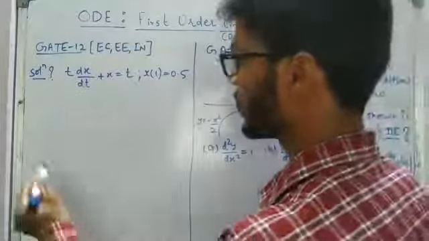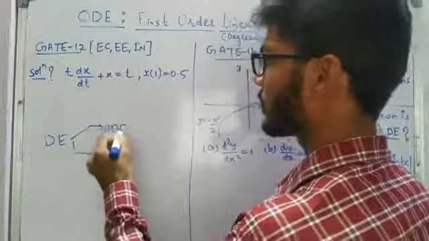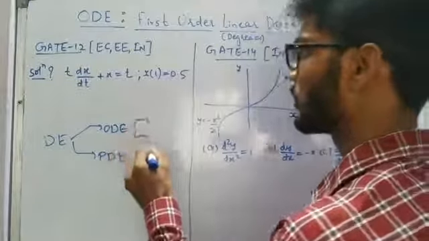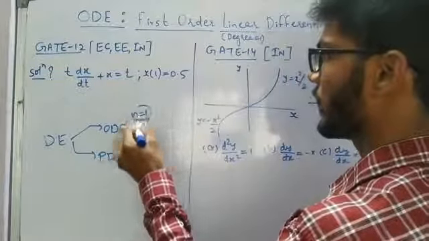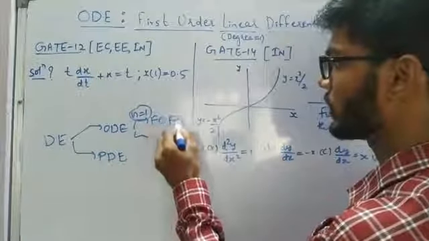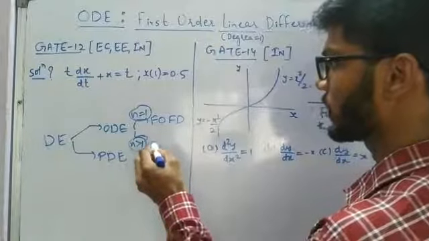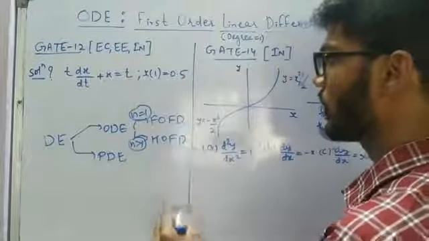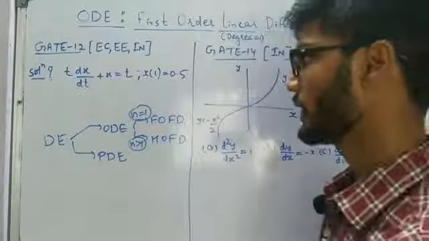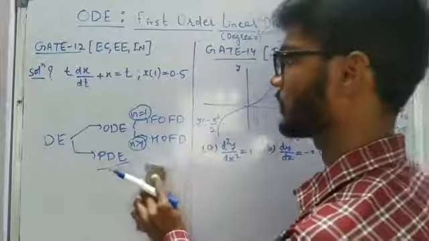As I said, in the case of differential equation we have two types, ordinary differential equation and partial differential equation. In the case of ordinary differential equation, I told that we are going to talk about first order and first degree, and in the other case n is going to be greater than 1, and in that case we will talk about higher order first degree. We are going to talk about only first degree, meaning linear differential equations only, and we have some varieties in partial differential equation also.